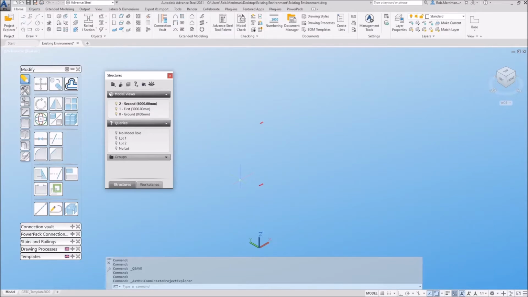And then what we're going to do, we're going to put some columns in. We're going to do some existing steel. So I want my columns to go from ground to second, which is 6 meters. Now if I use the standard column tool, that uses a management default, and the management default for all columns out of the box is